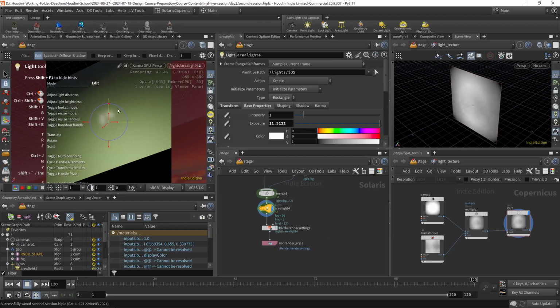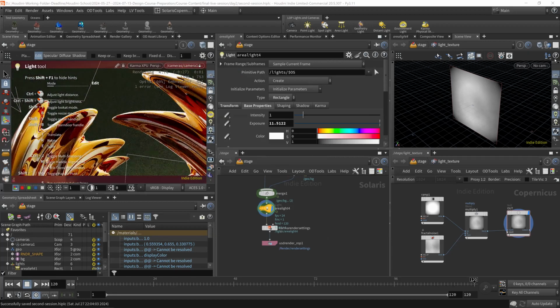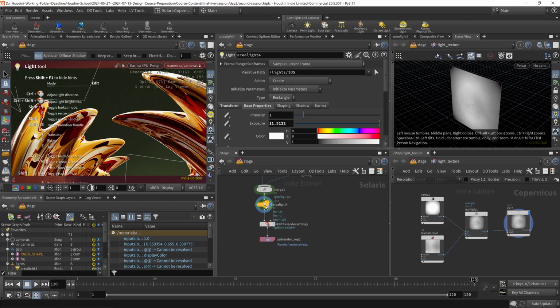And that way we somehow have the right position already with our viewport. We can look through the cam and we don't see as much difference. We definitely have to move our light a bit further, so we can go with our second